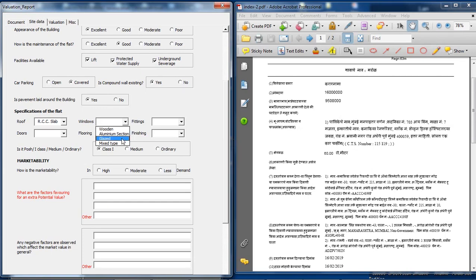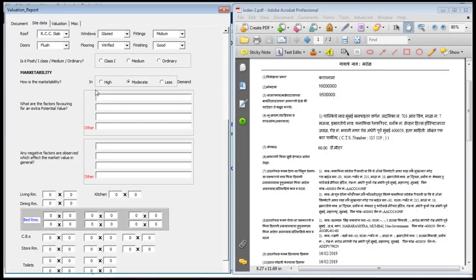Specification of flat will be selected from this menu. Here we can enter the positive factors. And here we can insert negative factors if any.